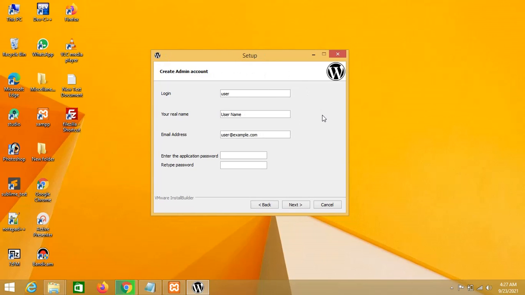To set up the WordPress dashboard, we need to provide this essential information. So the login name you have to give, here I am using root.